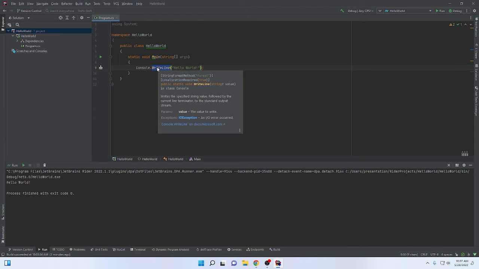We are calling the WriteLine method. For the WriteLine method, you give it a string, and it will write the specified string value followed by the current line terminator to the standard output. This is the string that we are passing it, Hello World. There is another method in Console called just Write,